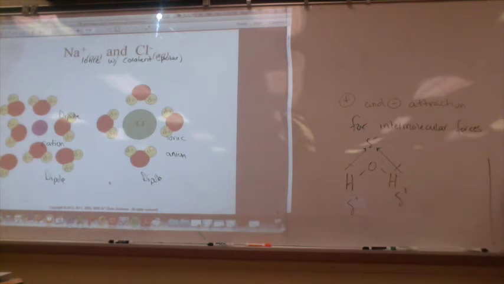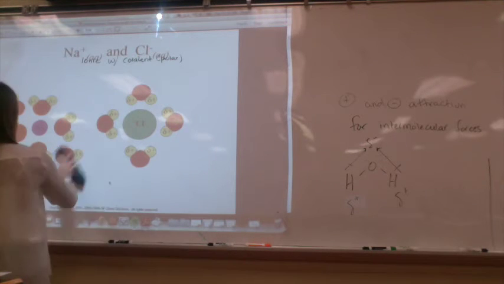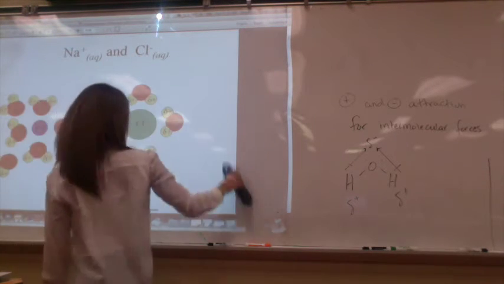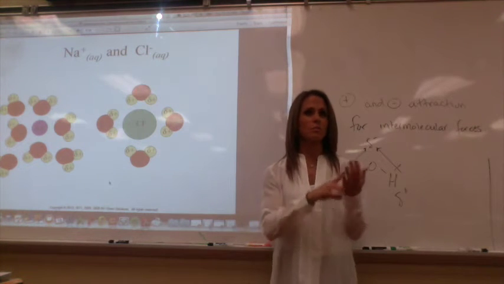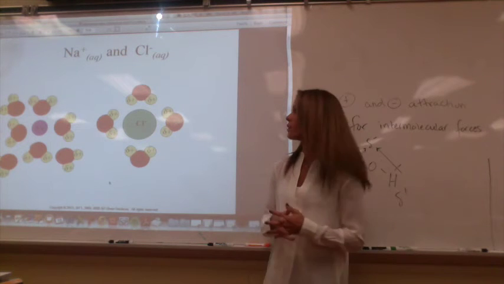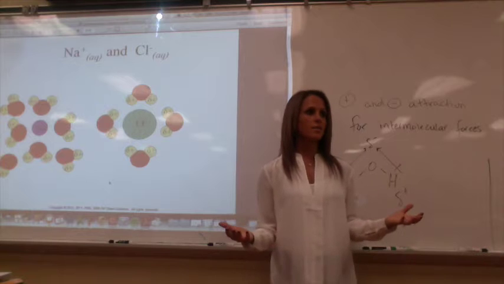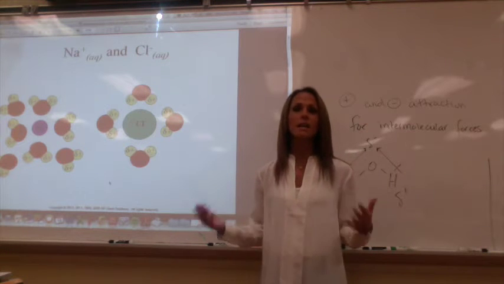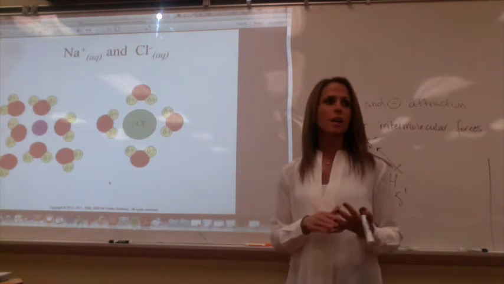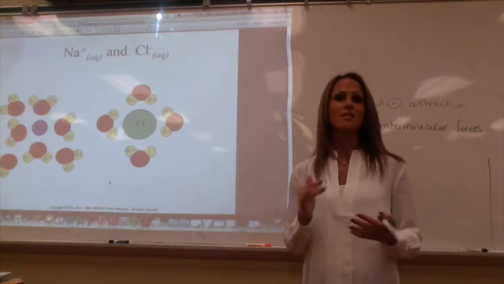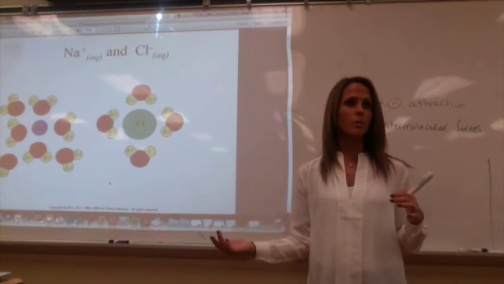For example, we have sodium chloride. On the AP exam, I've seen almost the exact same question twice in different years. It asks you to draw the dissociation, which means the dissolving process of sodium chloride, or it'll give you a different type of ionic compound. So how does sodium chloride dissolve in water? In fact, how does any ionic compound dissolve in water? It does that through ion-dipole interactions. And if something doesn't dissolve, it's because the ion-ion interaction is stronger than the ion-dipole interaction.